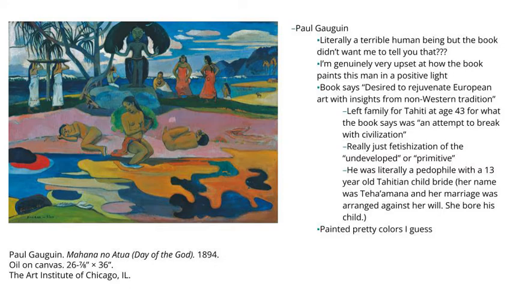The book says that he desired to rejuvenate European art with insights from non-Western tradition. And in a way, that's kind of true, but that's totally romanticizing it. He did leave his family and his life behind to move to Tahiti at age 43 for what the book says was an attempt to break with civilization. But in reality, it was just a fetishization of what he believed was an undeveloped or primitive culture. And he was literally a pedophile with a 13-year-old Tahitian child bride that he bought, and her name was Teha'amana, and her marriage was arranged against her will, and she bore his child. So,